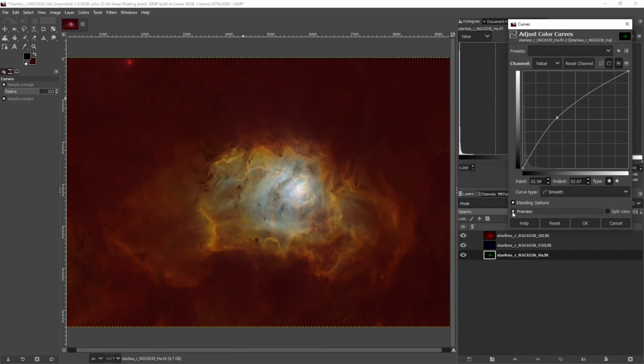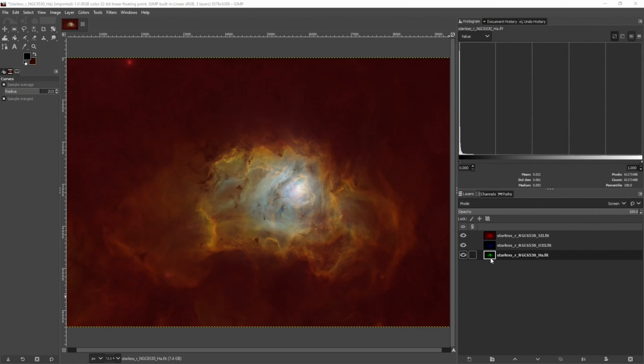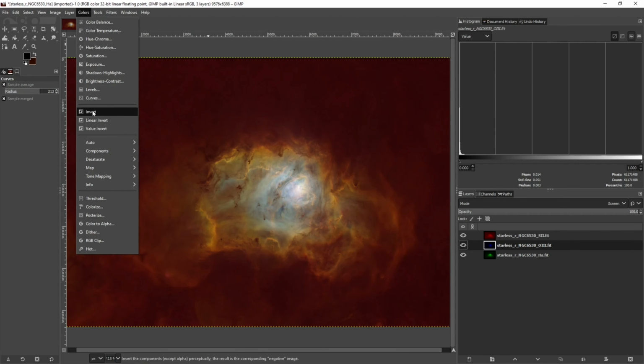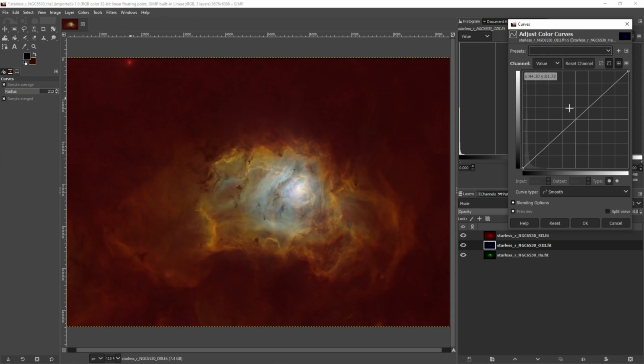Maybe right around there, and I'll click OK to commit. Next, we'll make some curves adjustment to the blue channel. Select the blue layer and then go to colors and then curves. And we'll put a point somewhere in the upper tone of the curve. So here's the before, and then here's after as far as the preview goes. I sort of like the direction that we're going with this bump in the blue, so I'm going to commit